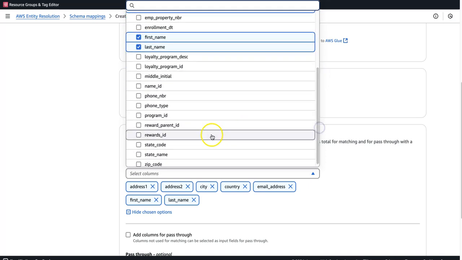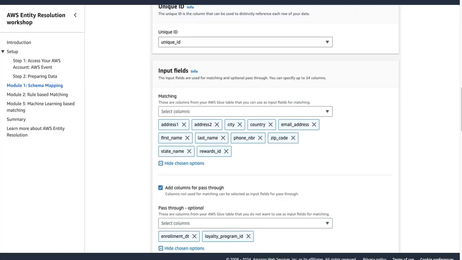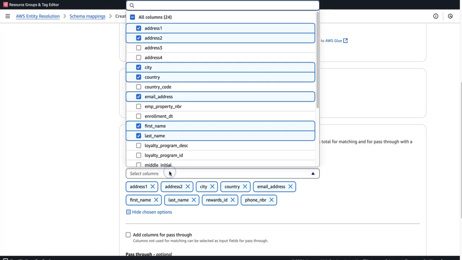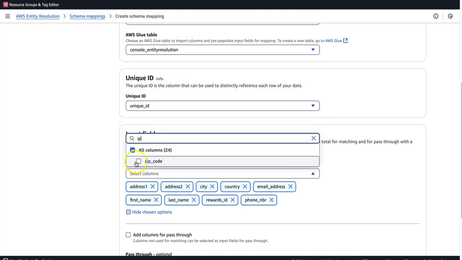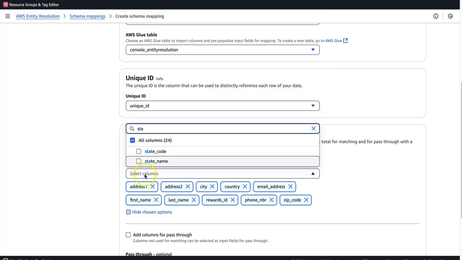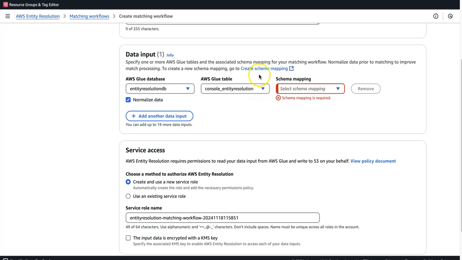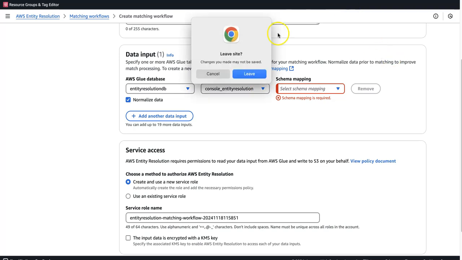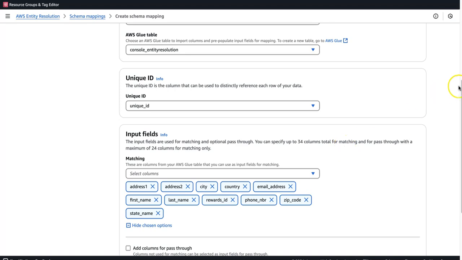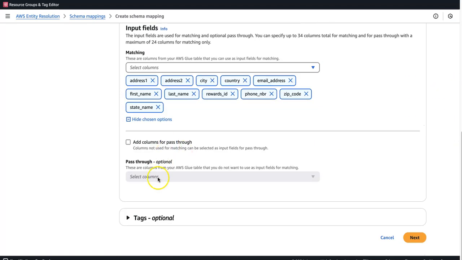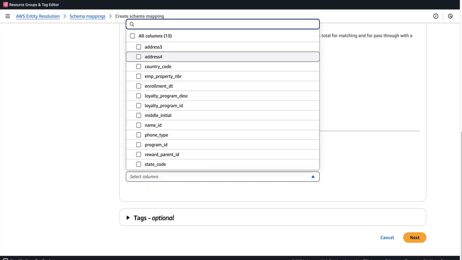Okay, reward ID and phone number, phone NBR, zip code, state name. Okay, so these are the columns which I'm looking to perform the matching on. Based on this record, I want to validate if it has a matching record or not. And thereafter I will be adding the columns which I'm not looking to use